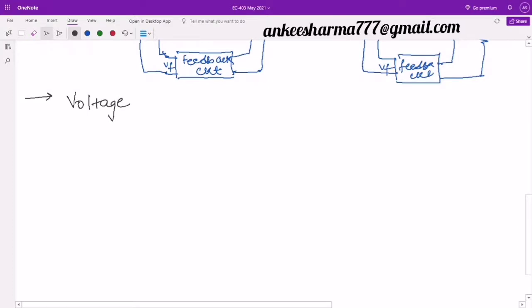Okay, so I will start with my first configuration, that is voltage series feedback configuration. I will go in detail now, and I will find some values related to my output resistance, input resistance, and the gain. So let me draw the diagram. I want this diagram to be more elaborative ताकि आपको पूरा idea लगे.